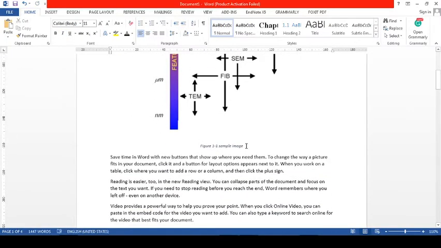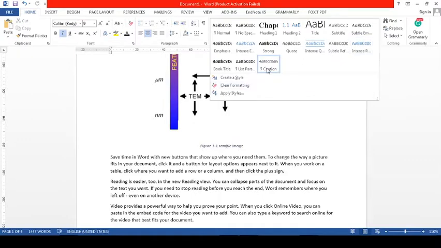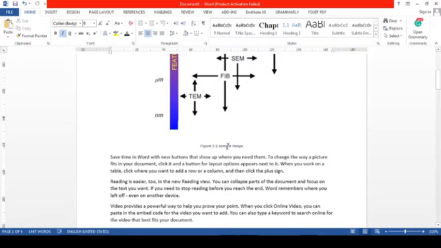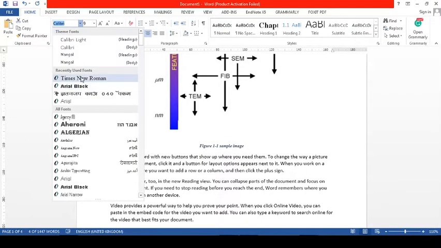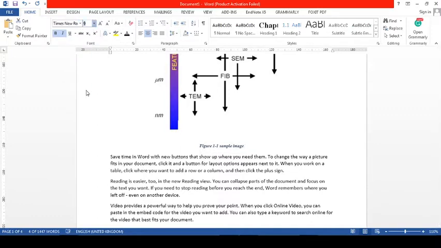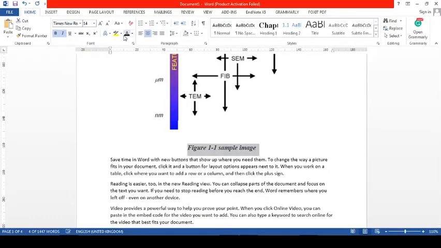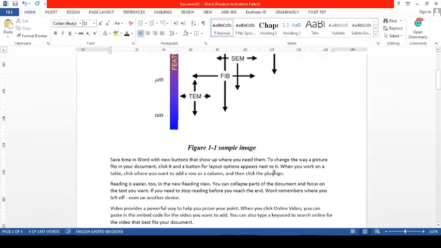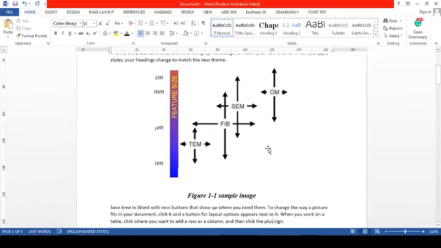Yeah, and when you click on this, the caption style is separately available in your style window. So you can see here, you change this text format, like I want Times New Roman and 14 and black, and then go to your style and click on update caption to match selection. So next time if you do like that, for example